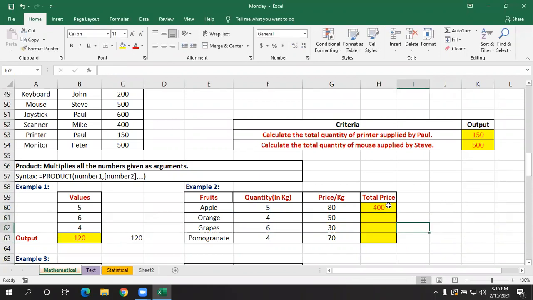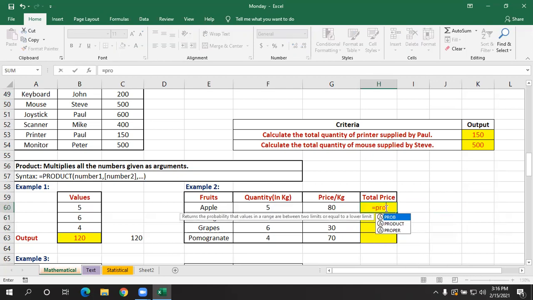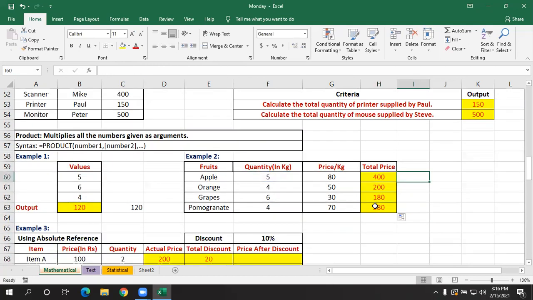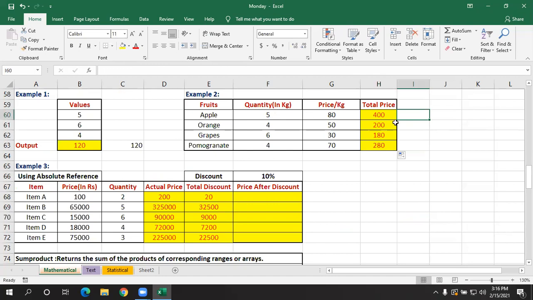Another method to fill the other cells is to select them and use the shortcut key Control D for the fill down option. If you want, you can also use product. When you're using product, we don't give the asterisk here. We give equals, the product function, select these two cells, press enter, and it will perform. So you can use the product function, or else first give equals, then select the cells, use the asterisk symbol, and press enter.